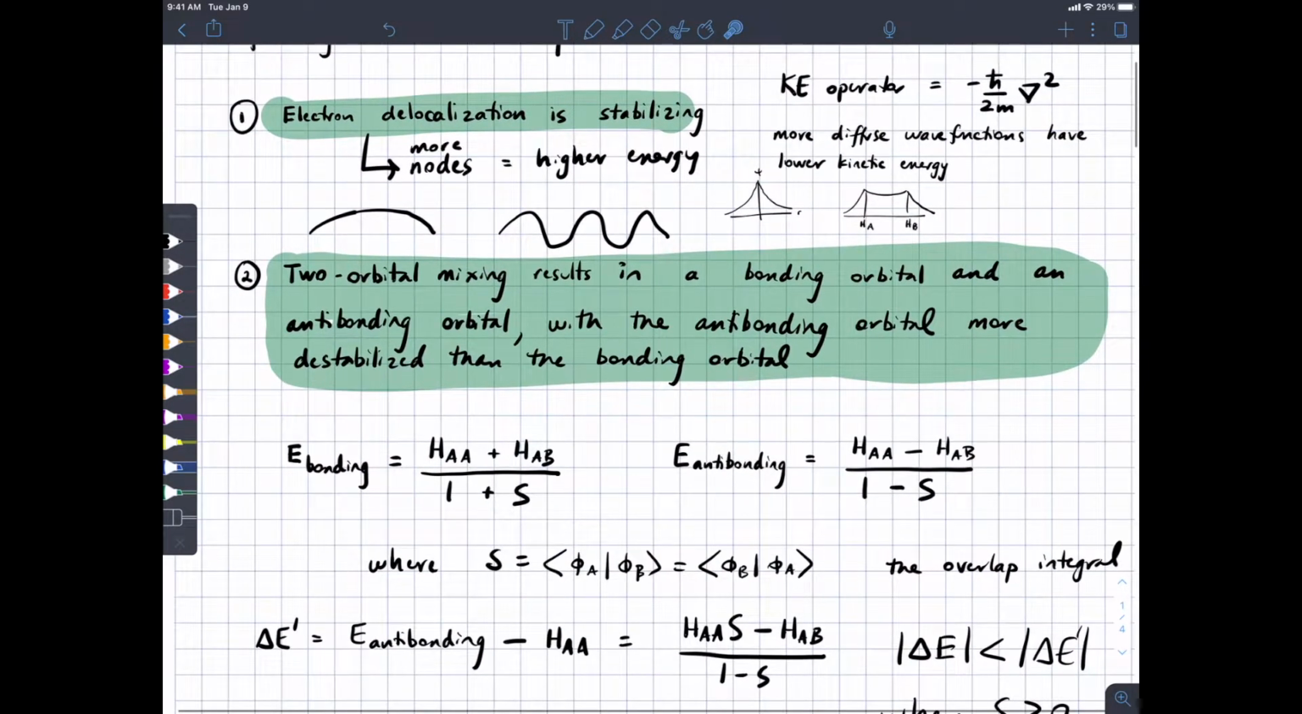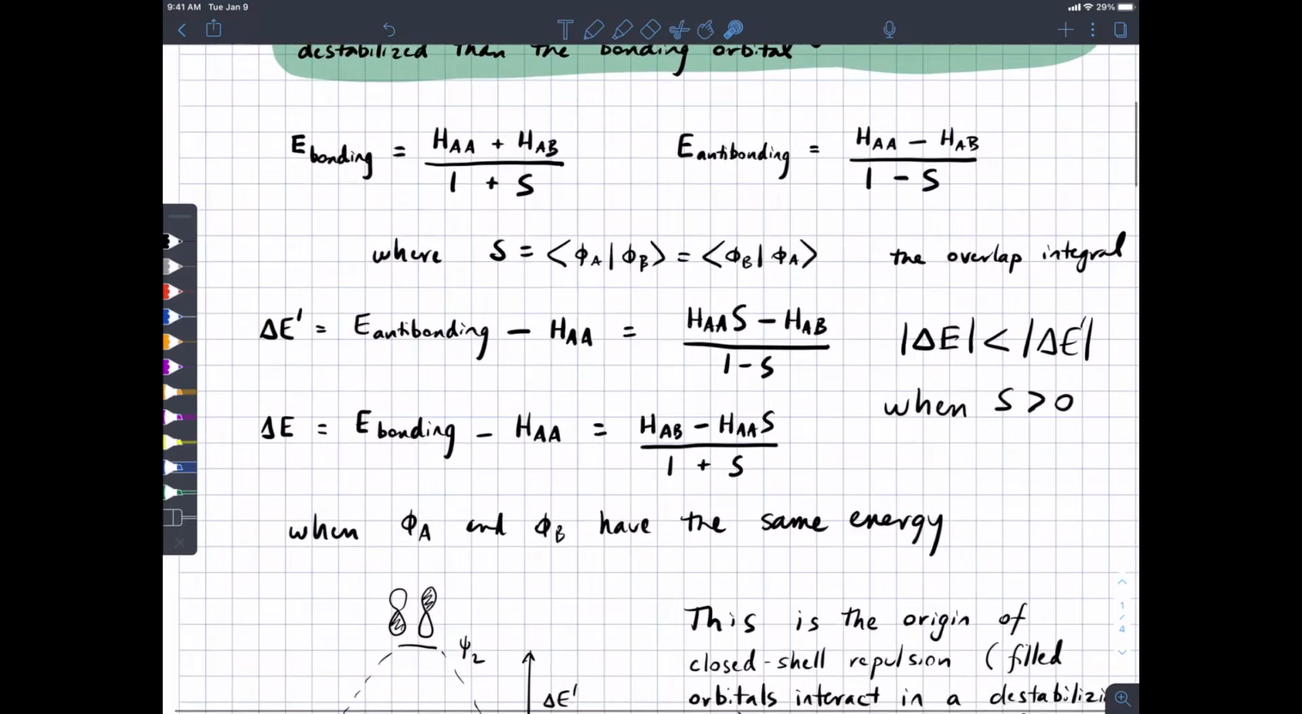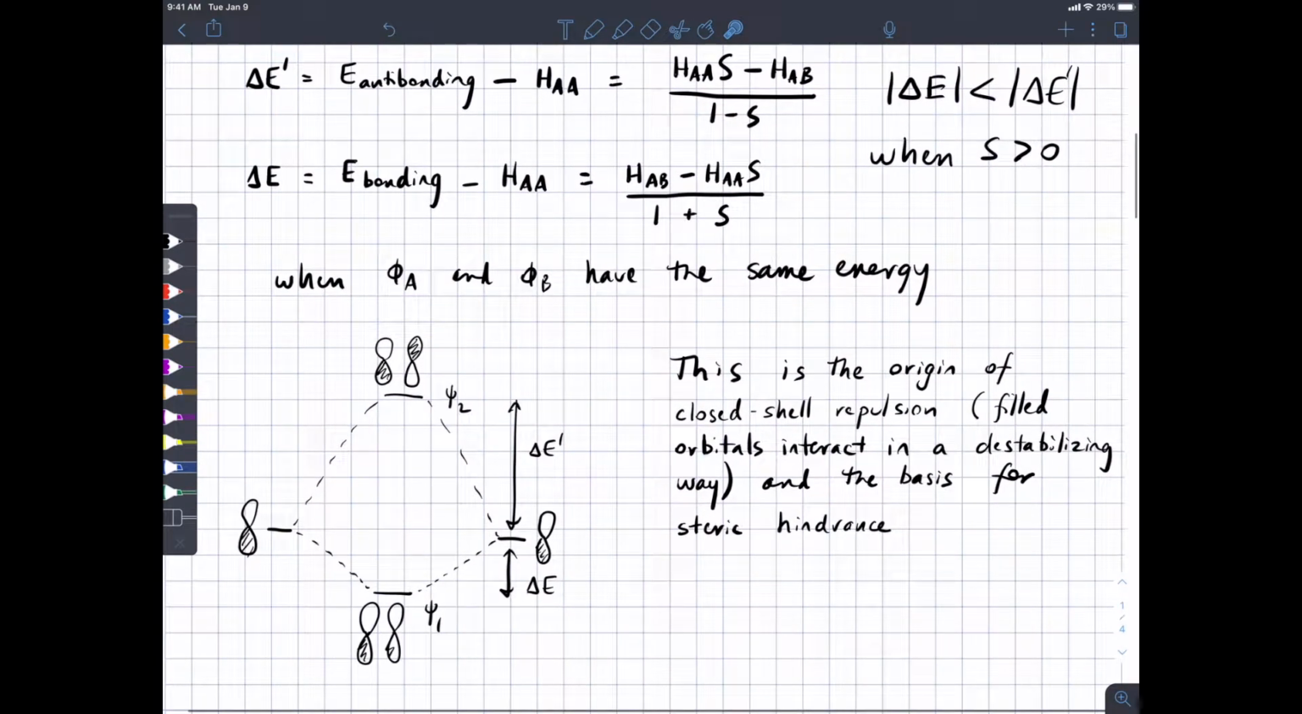We also learned that if you mix two orbitals together, because of this overlap integral term in the denominator, the bonding orbital is stabilized by a certain amount and the anti-bonding orbital is destabilized by an even larger amount. And we talked about how that's the origin of closed shell repulsion. Filled orbitals interact in a destabilizing way. And if you were to fill an anti-bonding orbital, you don't just cancel out the bond, you now make it totally unfavorable to have those two nuclei close to each other. And this is the basis for steric hindrance